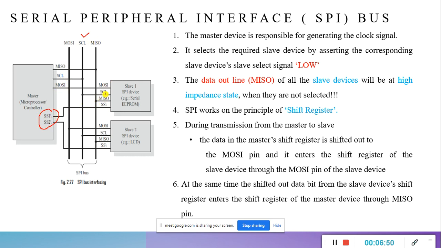So the microcontroller will be knowing how many slaves there are, so accordingly each hardware gets a separate line. I will be sending logic 0 on SS1, which indicates that I am trying to select SS1, and I will be sending logic 1 for this, which means that slave 2 is not selected and slave 1 is selected. So that's how we try to select.